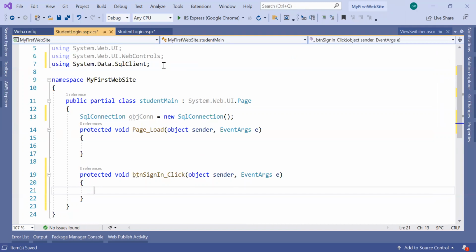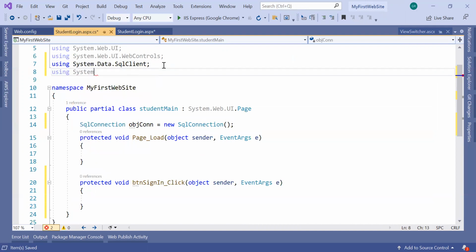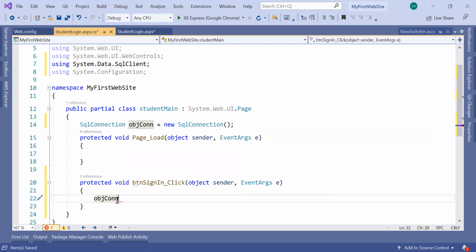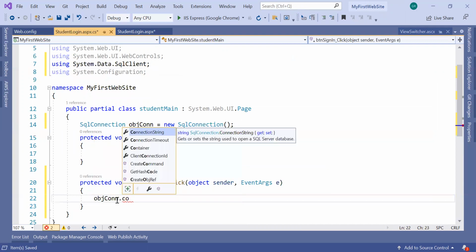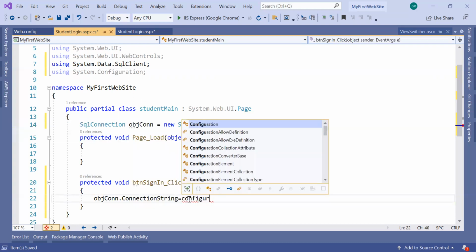Okay, that's one thing. Next, here using we have a DLL called system.configuration. Okay, now obj_con, this is my connection, is equal to dot connection. It comes with a property called connection string. Here you can provide your connection string. Here we did not provide it, right? During its initialization, we did not provide it. So this can be provided later. Here I can provide obj connection string is equal to, here I can provide this configuration manager